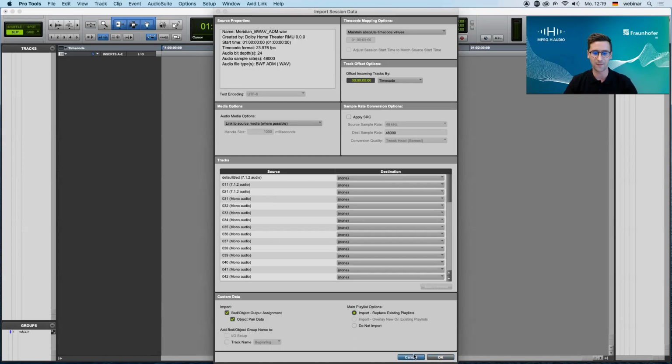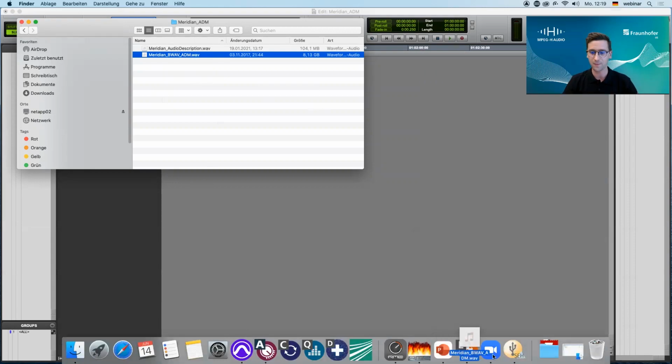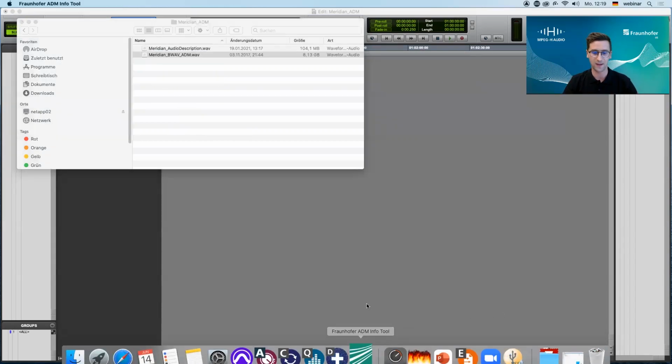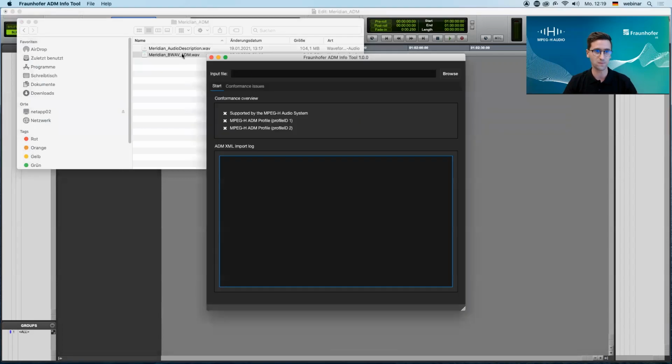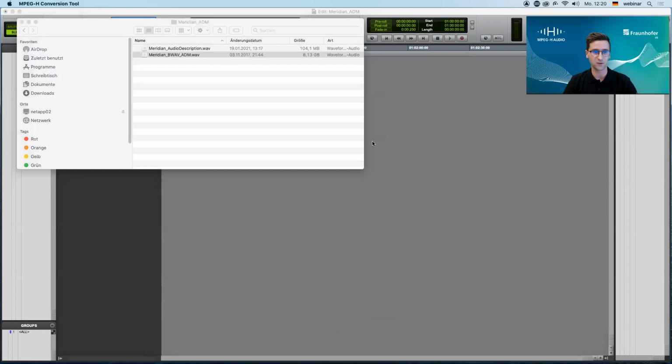First of all, I'm opening my Finder in order to ensure that this ADM file, which offers a lot of objects and channels, like 78 tracks in total, is compatible with the MPEG-H audio system. I'm opening it with the MPEG-H ADM info tool. And I can see this ADM file is supported by the MPEG-H audio system. So that's great. And in order to convert it, I'm using the MPEG-H authoring tool